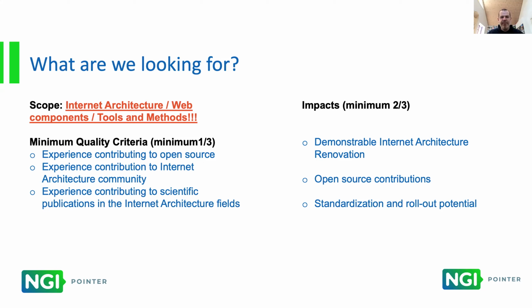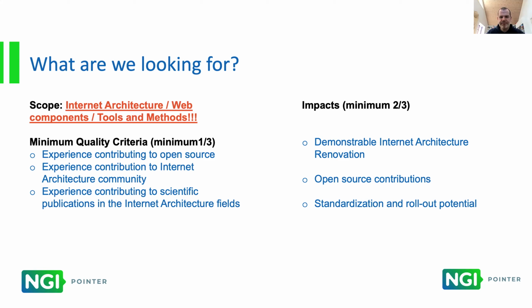This relates then to the impact. Here we would like you to at least demonstrate 2 out of the 3 impacts. The first of all is really at the core of what we're doing. It's demonstrable internet architecture innovation. And what that means is workable code. We don't want reports. We don't want presentations. We don't want people writing a lot of text. We really want working code. And with the working code, of course, also the annotations and documentation if it's necessary. But that comes secondary. Workable code is the primary objective of